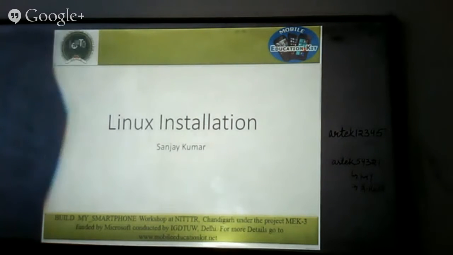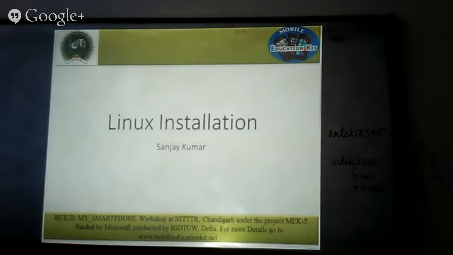To explain something: why do I need Linux on a machine? Because everyone knows about the Raspberry Pi, and the Raspberry Pi is stored on a memory card. How many of you have worked on a Raspberry Pi? Have you ever seen a Raspberry Pi memory card on a system?